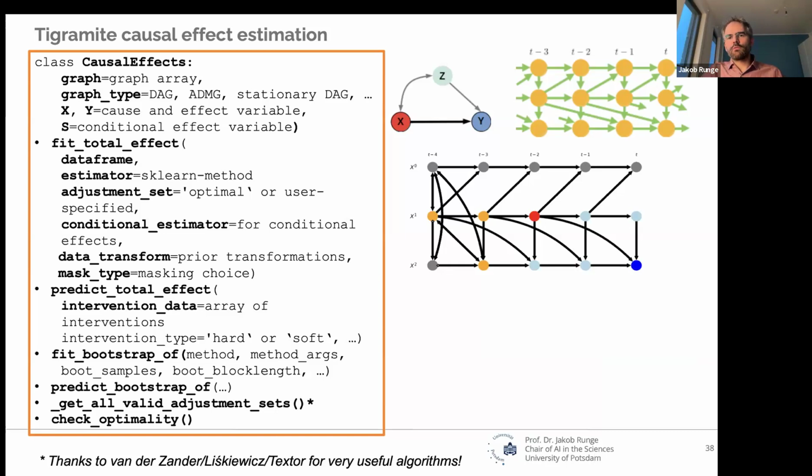Good question. What you see here is basically a graph that comes from a stationary time series graph, and in the end, it's just a graph. It's a finite graph now, not infinite, the projection of this. In this graph, which might typically be an ADMG, all the results about identification hold. In this package, I only implemented adjustment, so not ID.